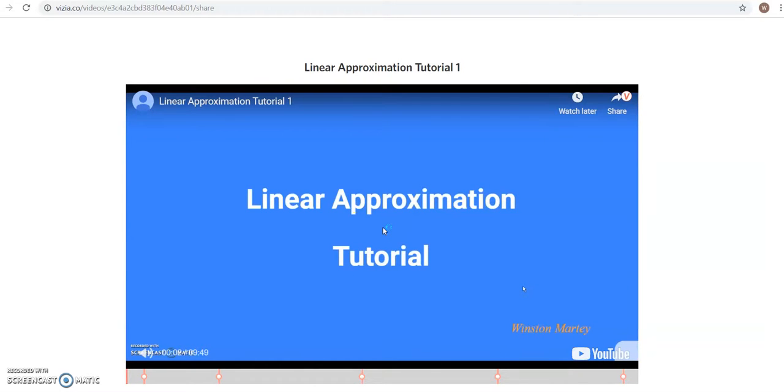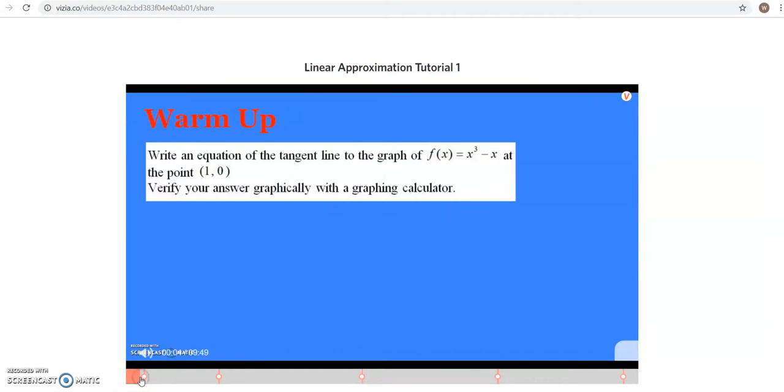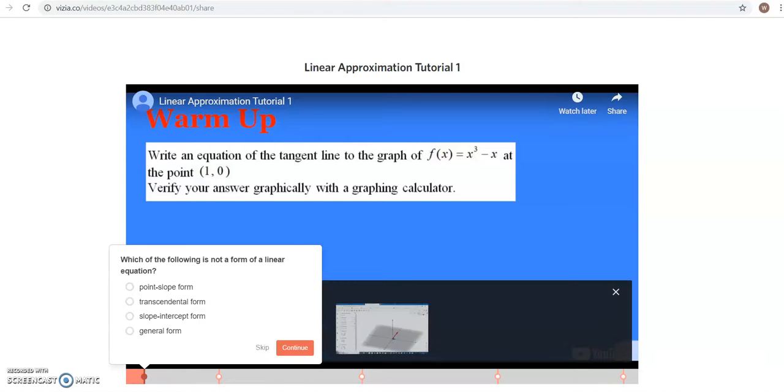Hello everyone, welcome to this short tutorial on linear approximation to the graph of function f of x equals x cubed minus x at a point 1, 0. Then we'll very